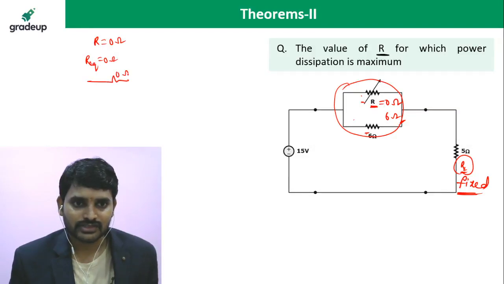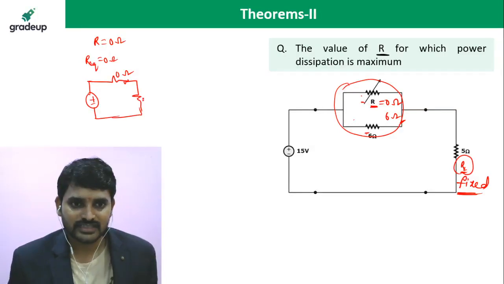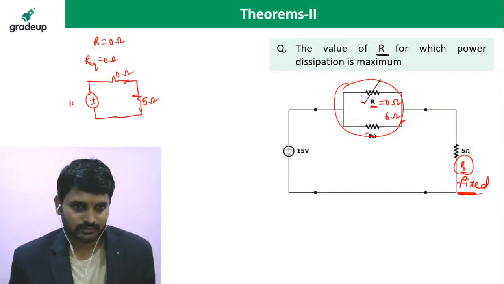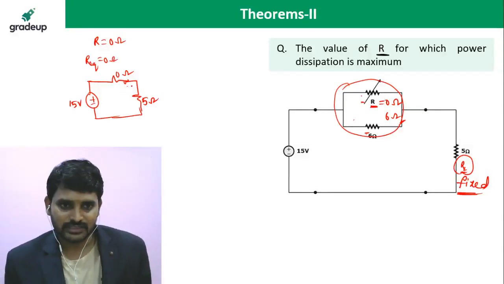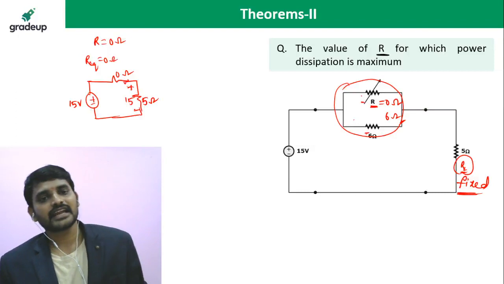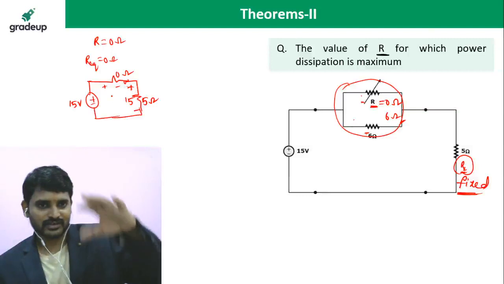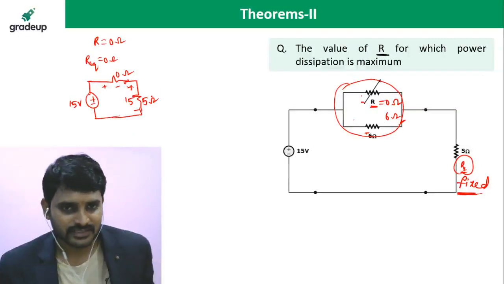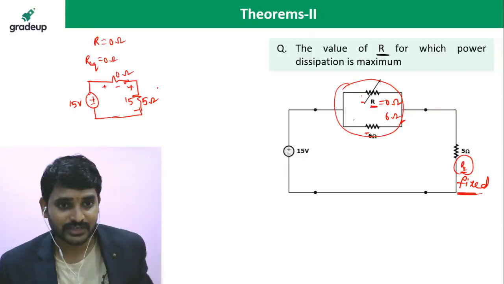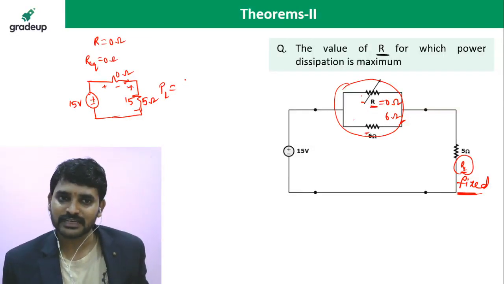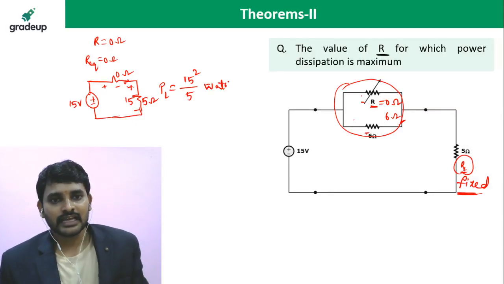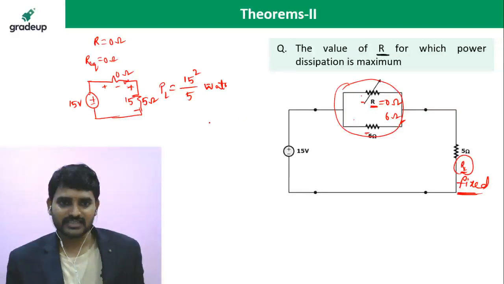So it will be 0 ohms and 15, and your load resistance will be 5. That is given. So directly 15 volts appears across this load, or not? If there is a resistance, voltage drop will take place or not? Voltage available across the load will reduce, and power consumption also reduces. So what is the power here? V square by R, simply 15 square divided by 5. That is your answer. If R is equal to 6 ohms, what will be the equivalent